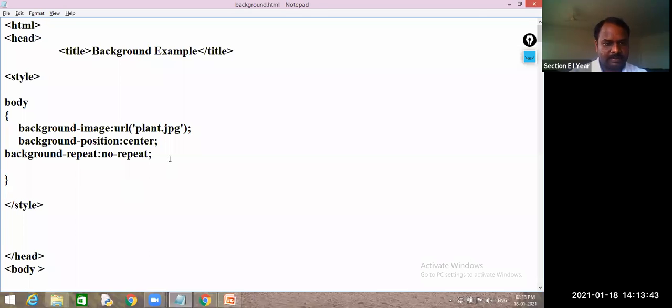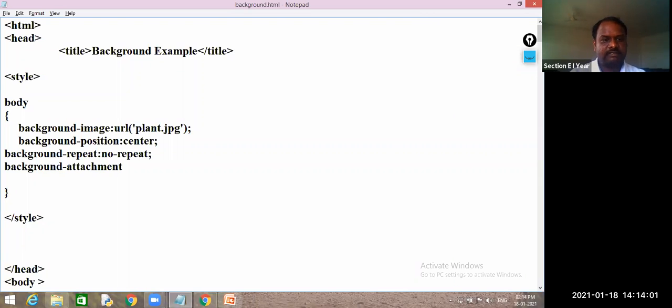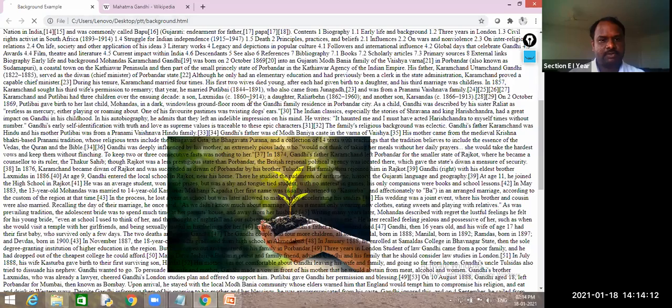So see this one. Background hyphen, background attachment is fixed, and we'll see the output, how it displays. Now it has more data.